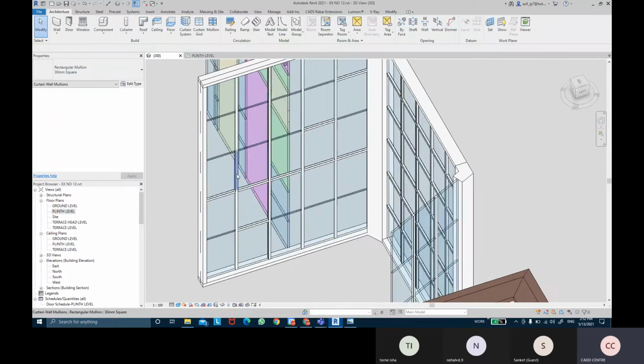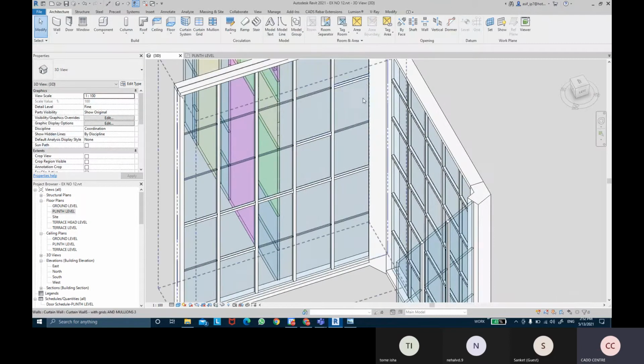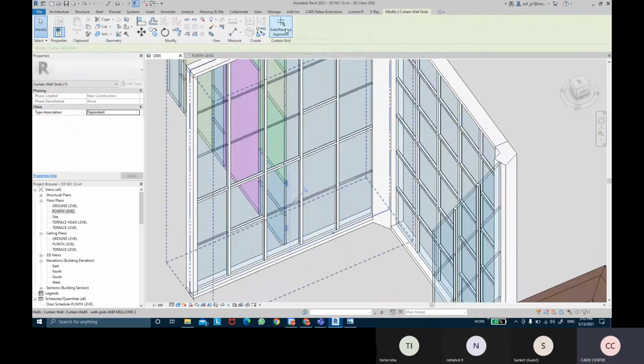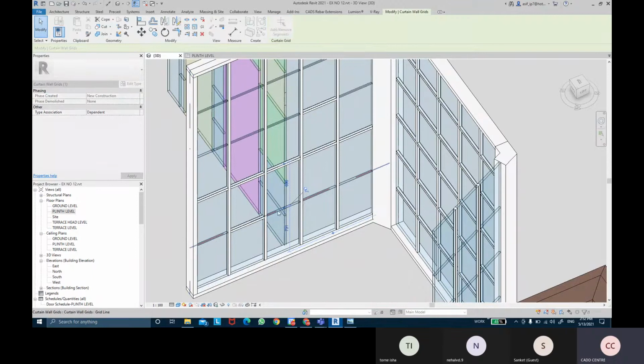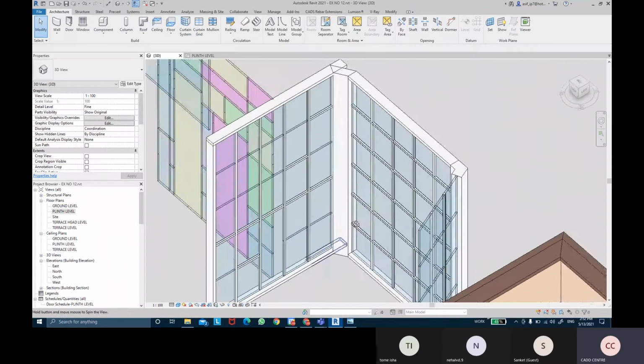So you can select them, and you can see it's not been added to these grid lines entirely, just to that part. If you wish to delete any one of these grid lines, you can select that, click on Add or Remove Segments, and then click to remove that grid line. So you can see now that grid line goes away.